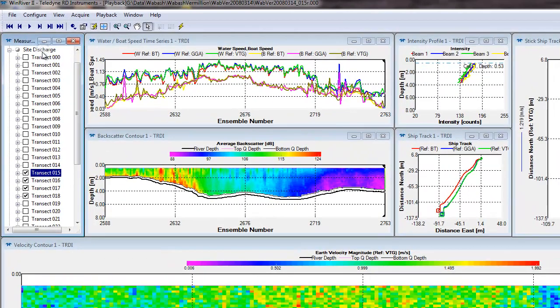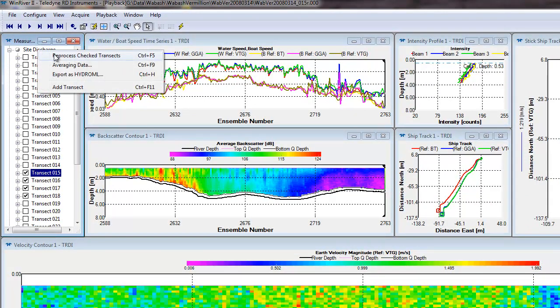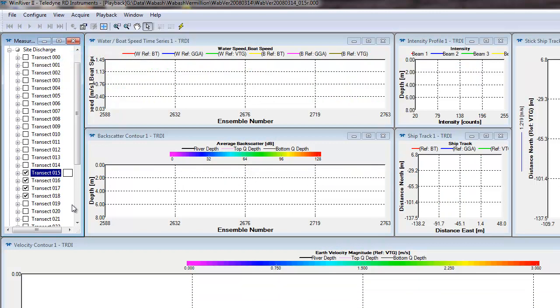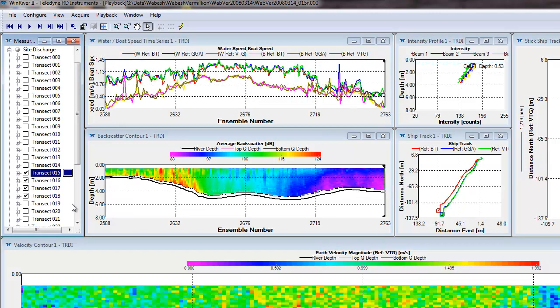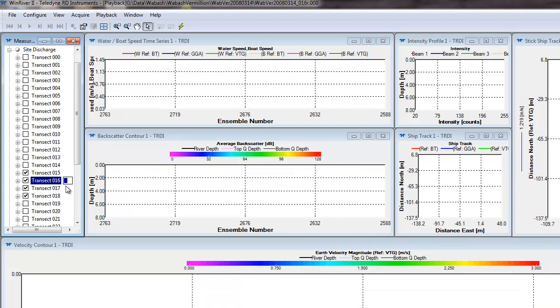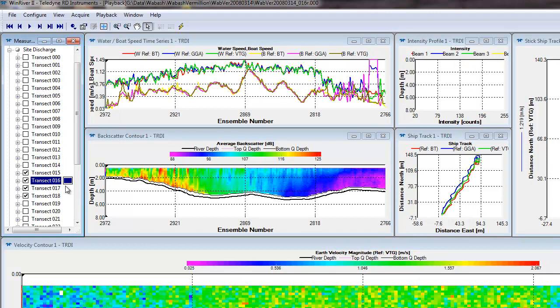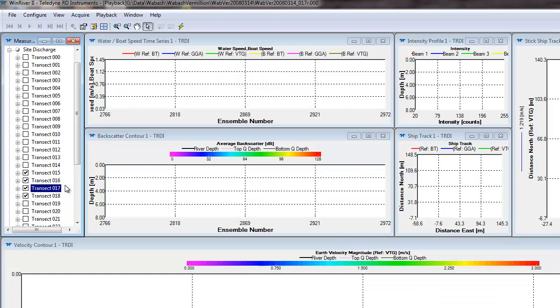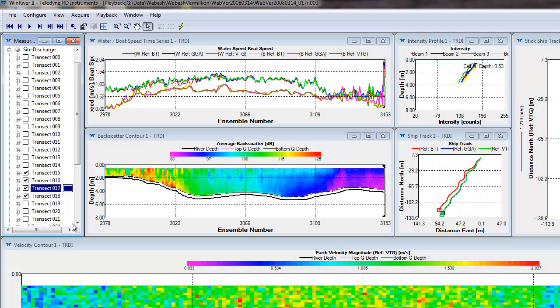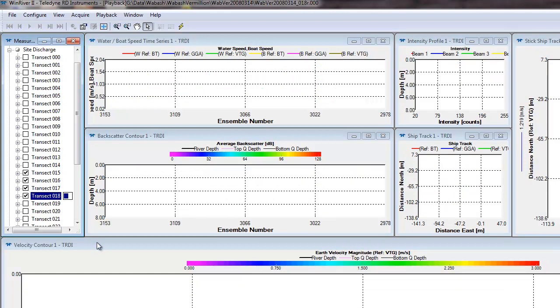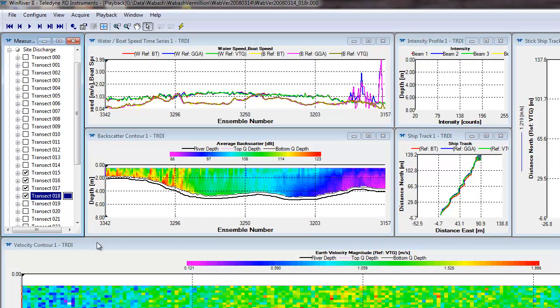With the transects that we want to export, we can go up to Site Discharge, right-click, and say Reprocess Check Transects. And it's going to reprocess each of our transects. And you'll notice that once this bar is full, it pauses for a second. That's actually generating the ASCII output file following the reprocessing. And you can do that for each of the check transects if you choose this option, or you can also do them one at a time if you choose. And once this is finished, we'll have ASCII output files